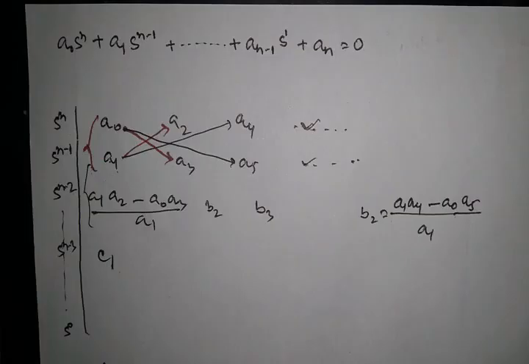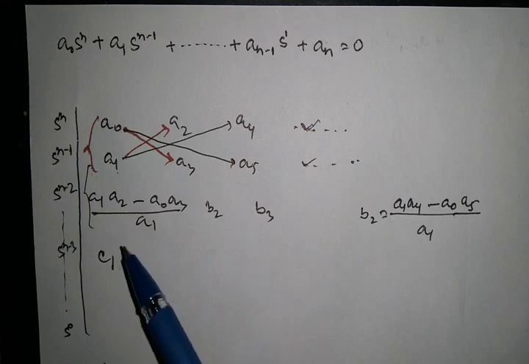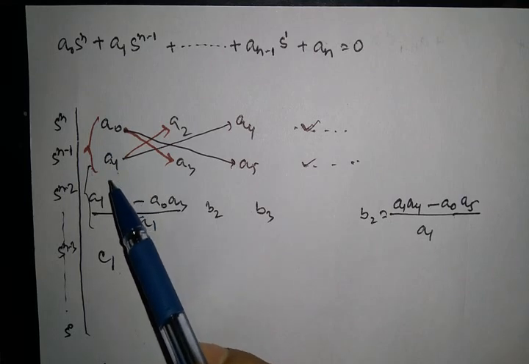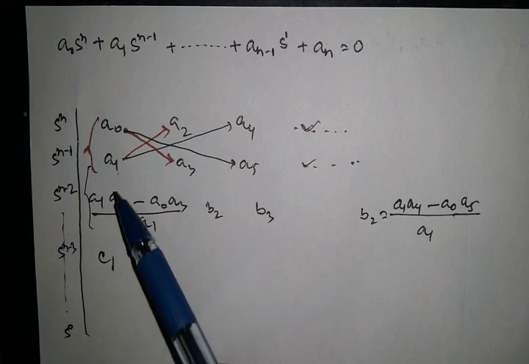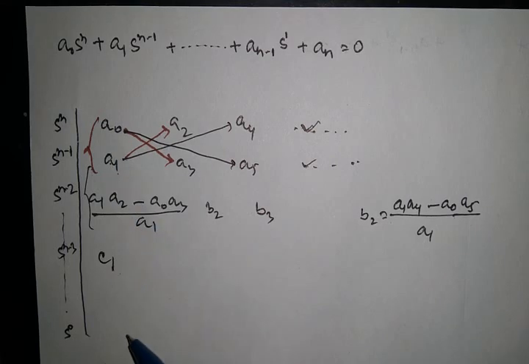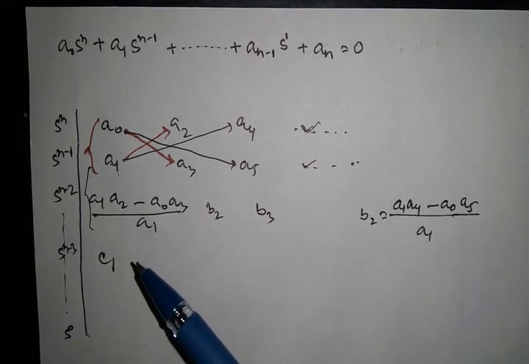According to the RH criteria, the condition for system stability is that all the coefficients in the first column should have the same sign and no coefficient should be 0 in the first column. That means all the coefficients in the first column should be either positive or negative. We do not talk about the magnitude of the elements, we only need the sign of the elements in the first column. If any sign change occurs in the first column, then the system is unstable.